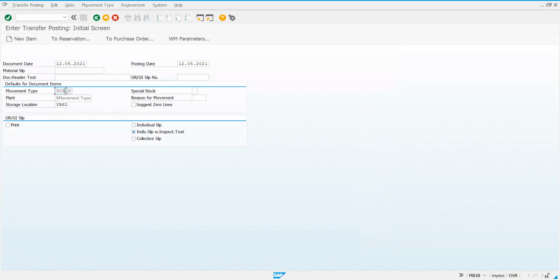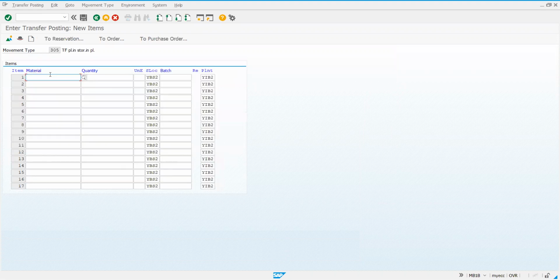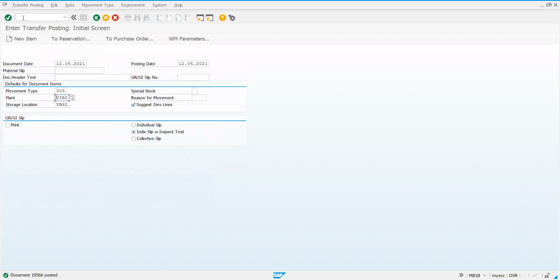I use 305. Actually, it is getting more from plant B or plant 2. Same material, same quantity. Save. Document is posted.